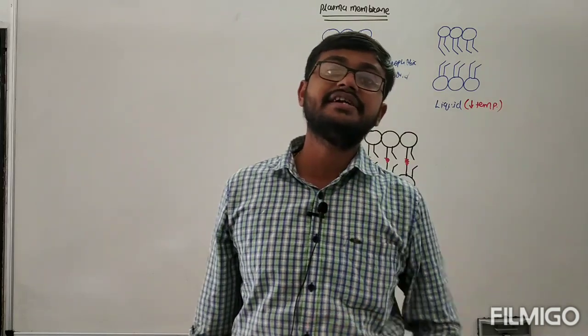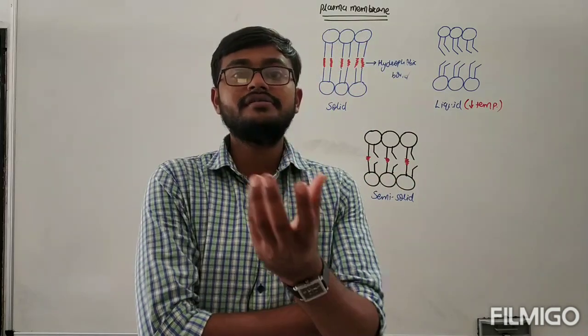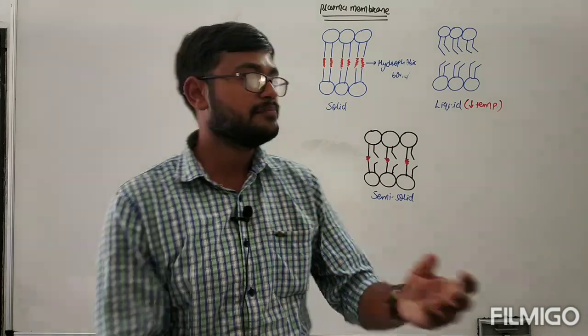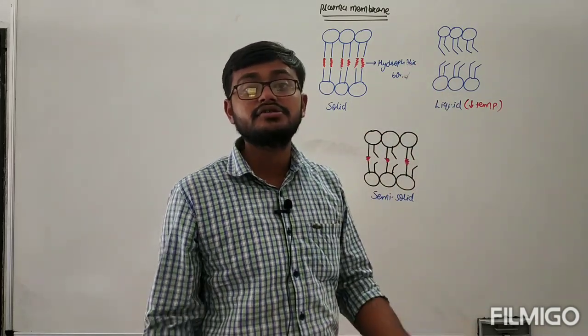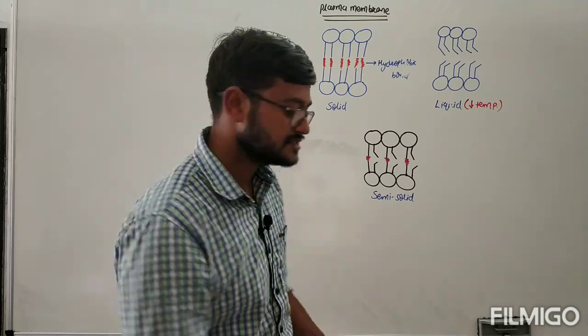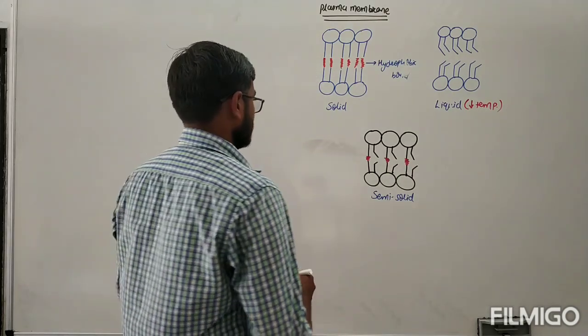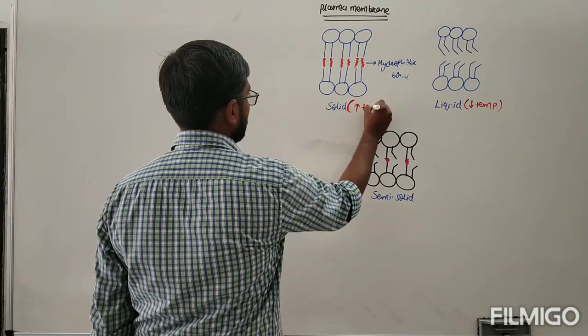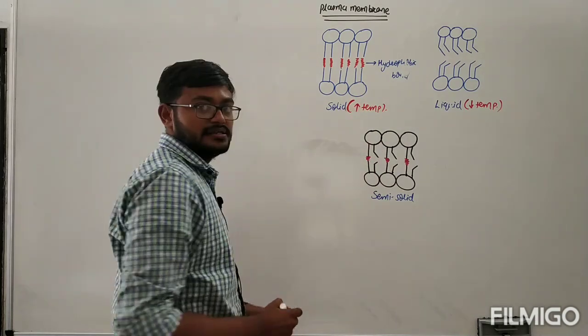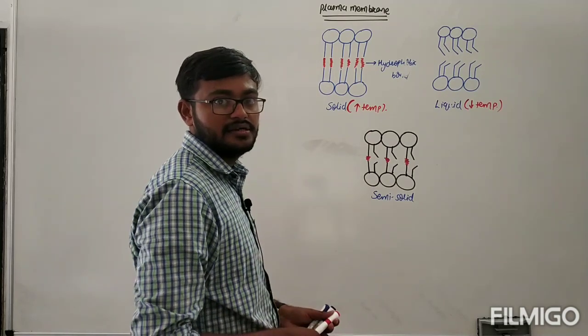So you have seen that in winter, the coconut oil, due to the presence of unsaturated fatty acid, becomes a solid. Next, in a liquid or semi-solid condition, if you provide high temperature, the temperature is higher. So what happened?